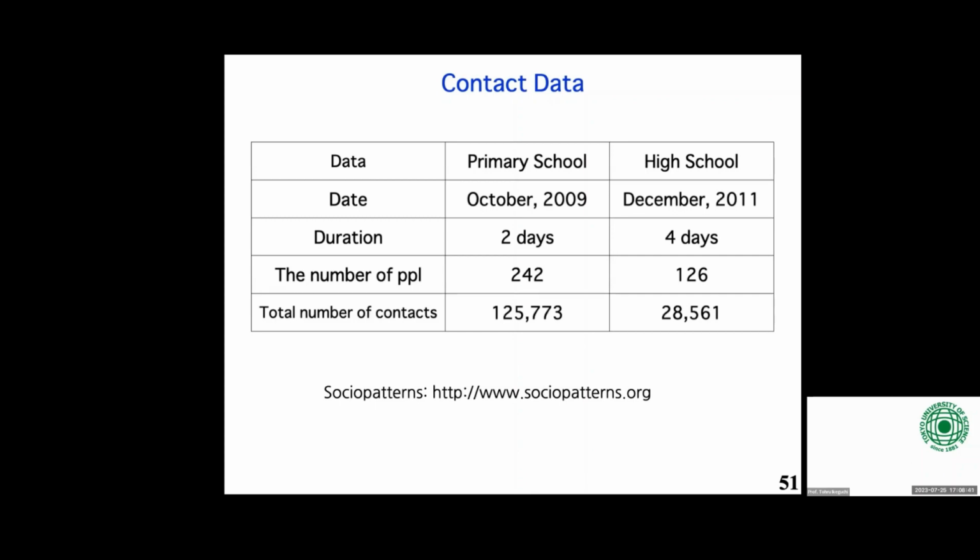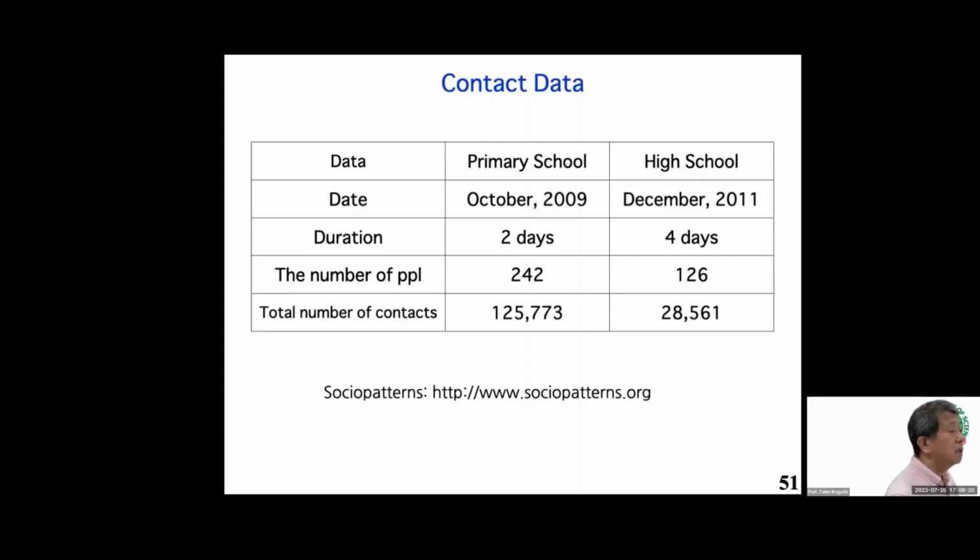So this is one of the results for the primary school contact data. In this figure, the upper figures show the distance matrices, and the lower figure shows the time series x of i obtained by applying the CMDS to this distance matrix. And the red time series is the time series of the number of contacts, the temporal variation of the number of contacts. So this is a result for the time windows of 300 s and 600 s.